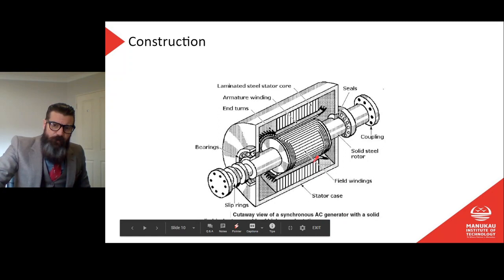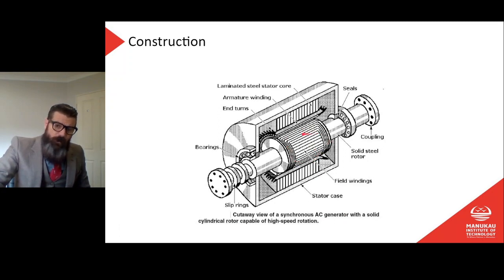We have our field windings contained within the rotor here. So that's the magnetic field that we talk about when we're cutting the magnetic field. Then in the stator we have our conductors. So the field windings create the magnetic field, and then the conductors in the stator are what's cutting the